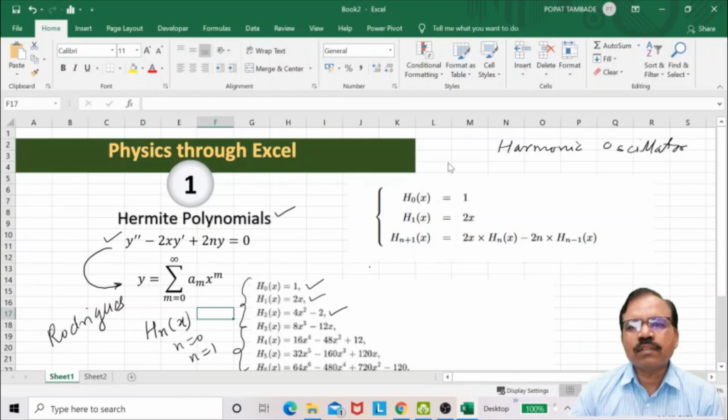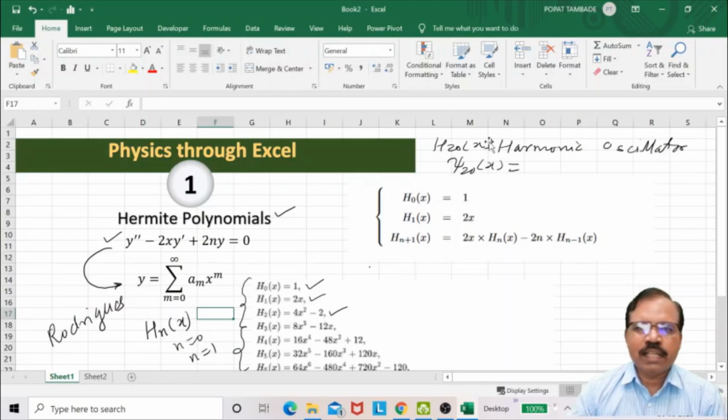Suppose we want psi_20(x) for the harmonic oscillator. So we require here H_20(x). Then how can we plot that? Here we can use Excel to plot that H_20(x). Now this is the zeroth order Hermite polynomial.